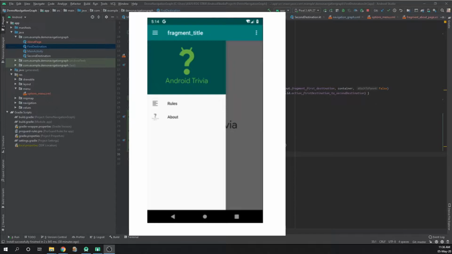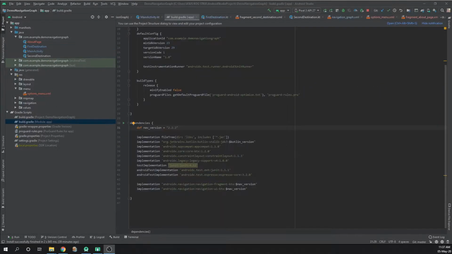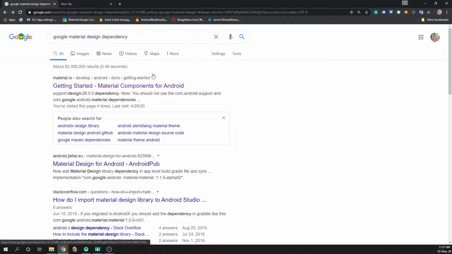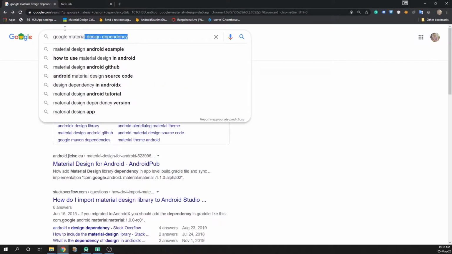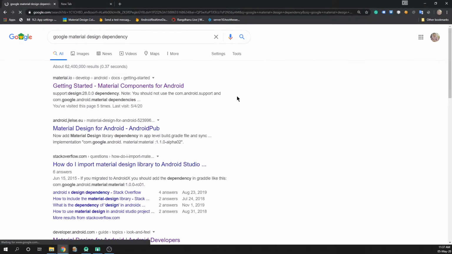I will be using the last project, so just open the project and be ready to implement the navigation drawer. We need to add a dependency to implement this navigation drawer. So just open your browser and do a quick Google search for Google Material Design dependency, and the first result that appears is Getting Started, Material Components for Android. Click on it